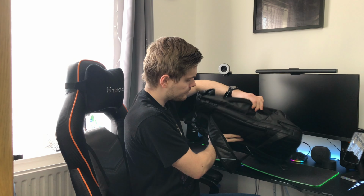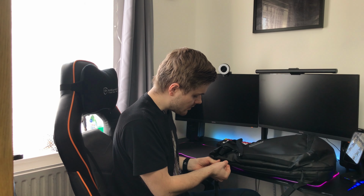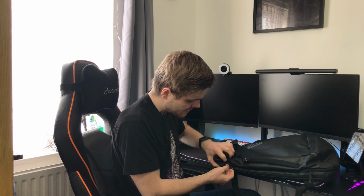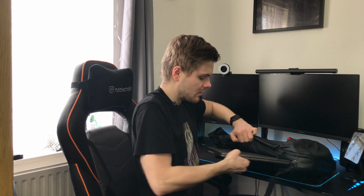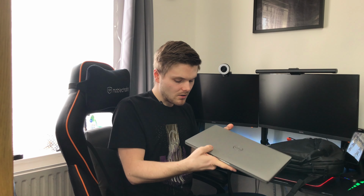So moving on to the final piece inside this bag, which is secured by this sort of clippy thing, which adds a layer of security, is my laptop. Now this is a work laptop. This is a Dell Latitude 5420, a very nice laptop. We've got several ports on it. So moving on to the last thing,